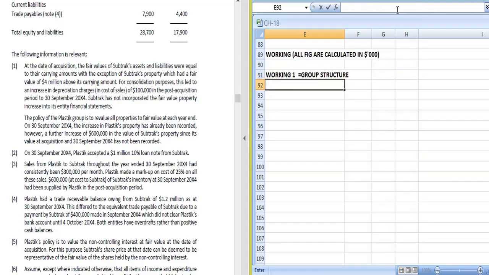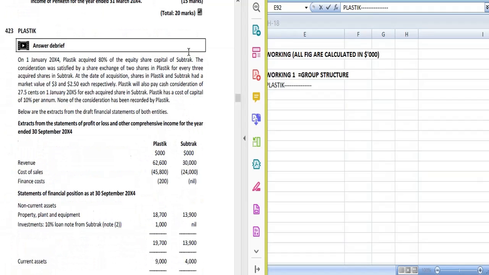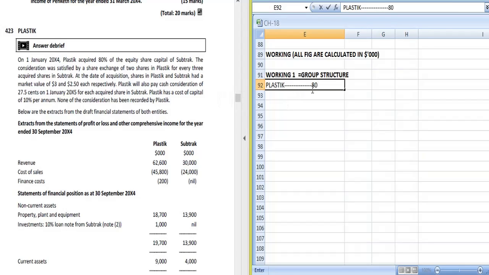Okay, so here PLASTIK acquired. Read out the question from the first. On 1st January 20X4, PLASTIK acquired 80% of the equity share capital of Subtract. It means PLASTIK acquired 80%. So who is the parent company? PLASTIK is the parent, right? And who is the subsidiary? Subtract is the subsidiary. And how much percentage is owned by the parent? That is 80%